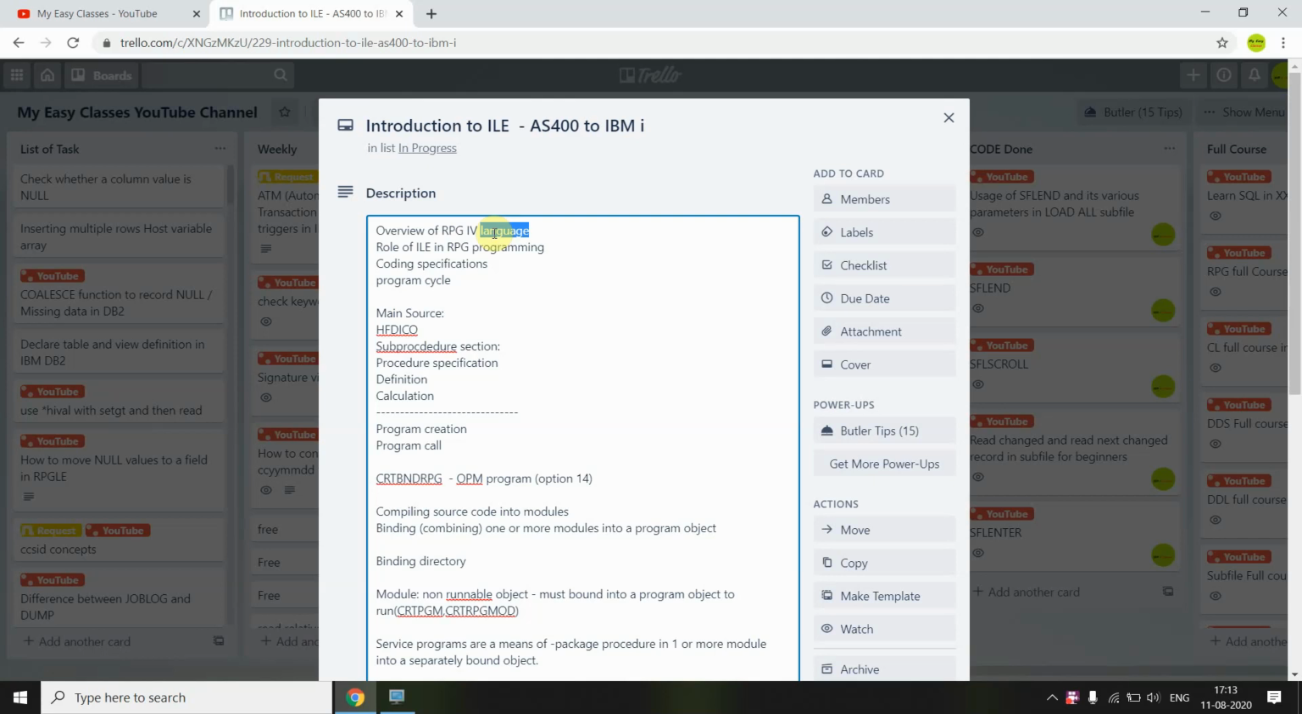So here we basically know RPG4 has H F D I C O specification types. So HFDICO, that is control specification, file specification, definition, input specification, calculation, and output specification. You can get more information from my website www.myeasyclasses.com. There I have written a blog on the specifications used in RPG4 or ILE programming. Okay, so I'm not going into that detail, so you can read from there. You will get the information. Even I'll be taking one example so that you will be getting